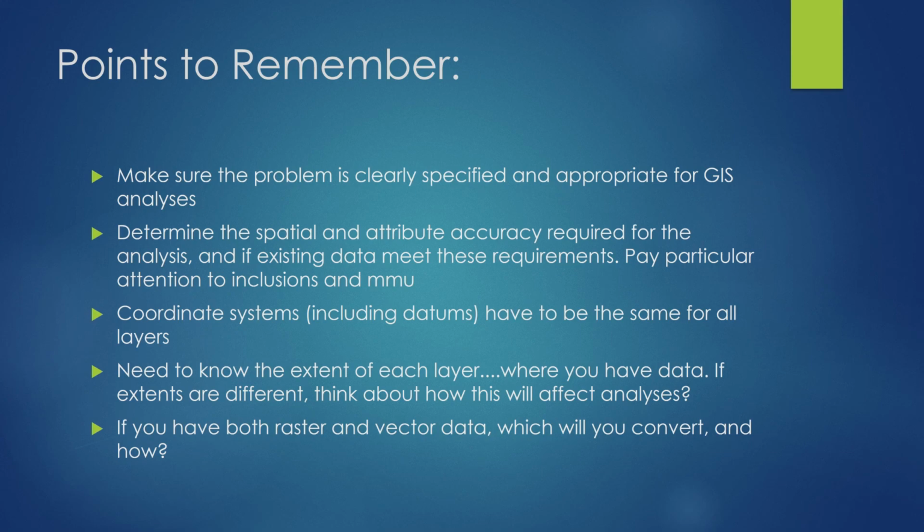Obviously, it needs to have a spatial component, or it's not really appropriate for GIS. You could do it in some other way, but I mean, you have to have a bunch of maps, a bunch of map data in order for this to work. You need to determine the spatial and attribute accuracy that are required for the analysis. So something that we talked about in today's lecture, it's something that we'll talk about before we do the test review next week. But it should be kind of obvious that, let's say I want to do,